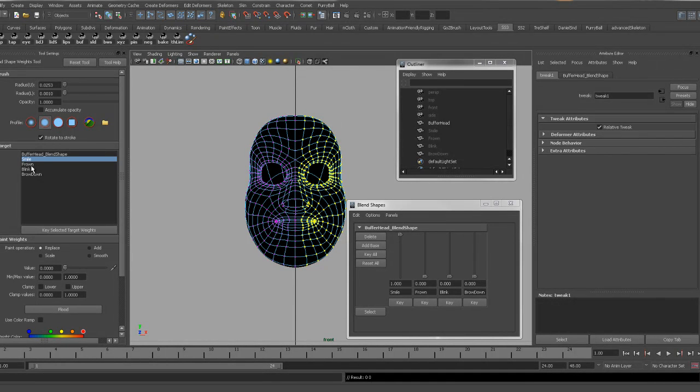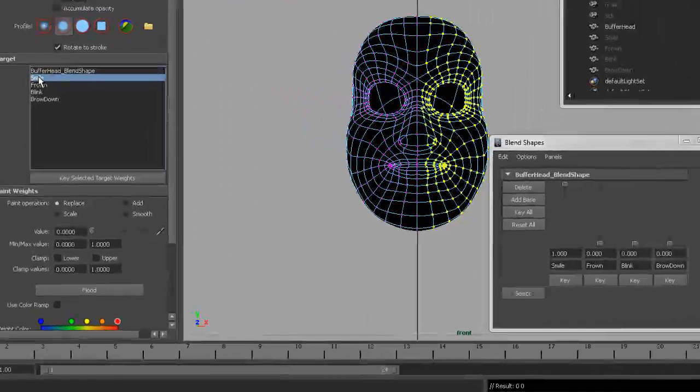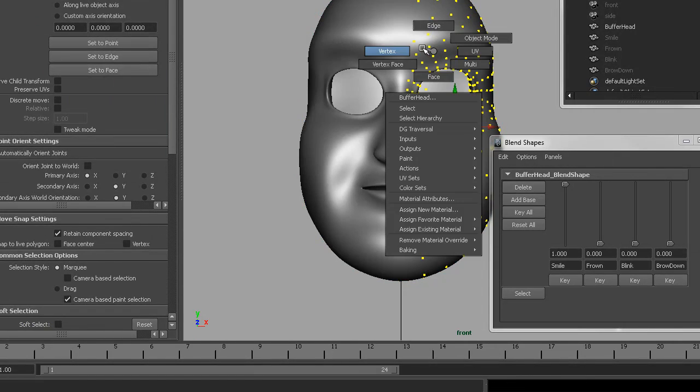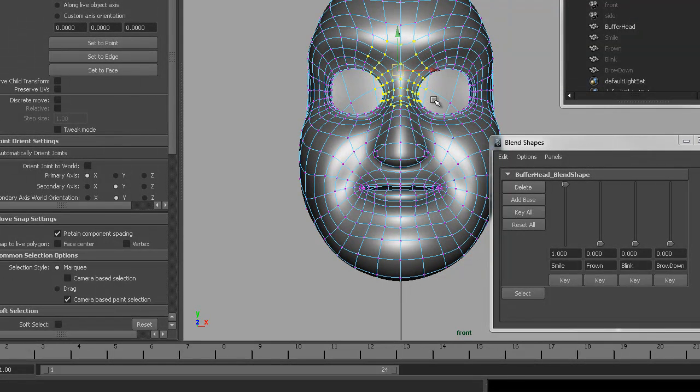You can paint in any of the blend shapes as long as it's not this first one, that buffer head blend shape. This is like the master one. So just painting the smile, could paint in any other one, that's not that one. Going to paint half of the face. Oh, I'm getting ahead of myself. I'm going to paint this middle here